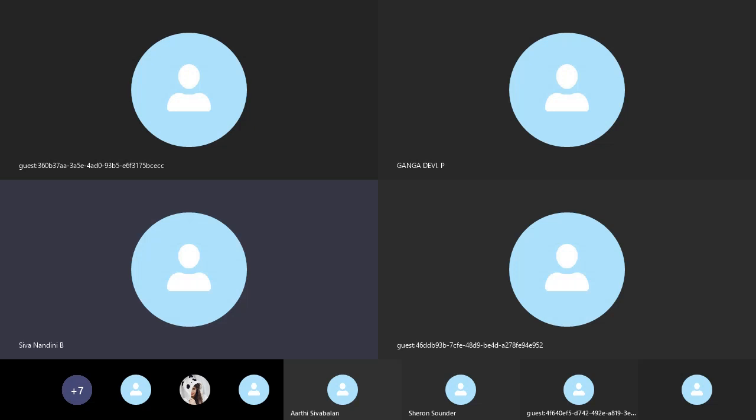Now, after the photo view, we'll be generating the Gerber files, that is, exporting the Gerber file. And then we'll also be previewing our Gerber file, whether it is good or not. If the Gerber file is good, we'll be exporting the pick and place file from the Gerber file.